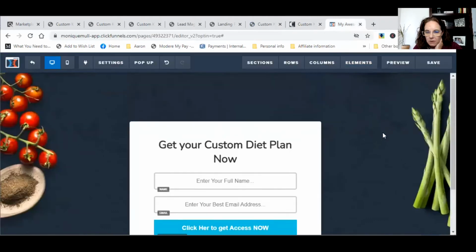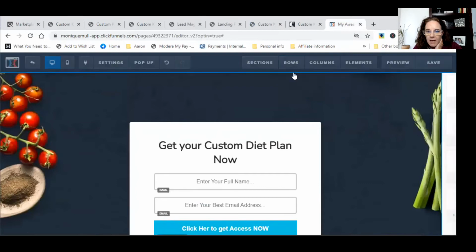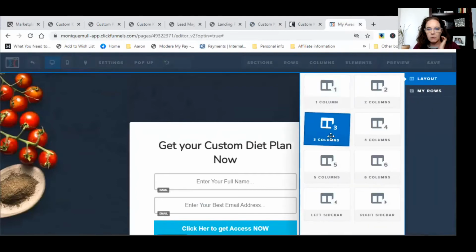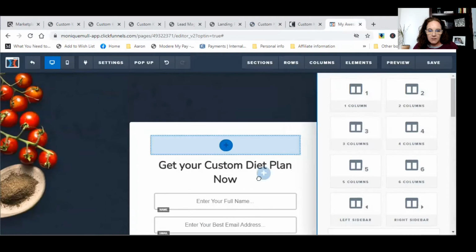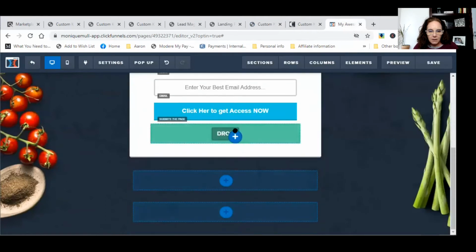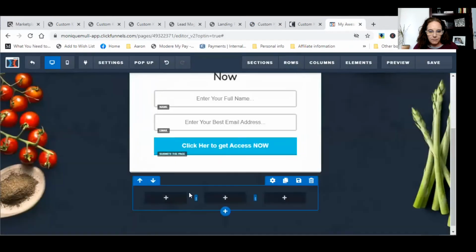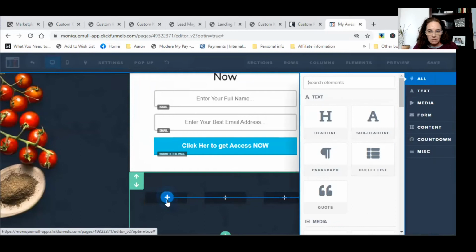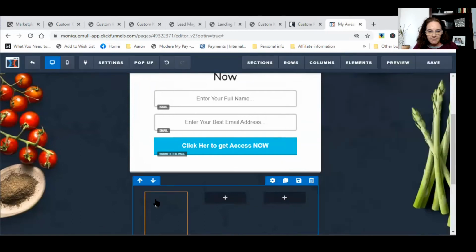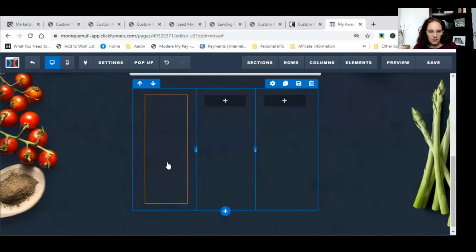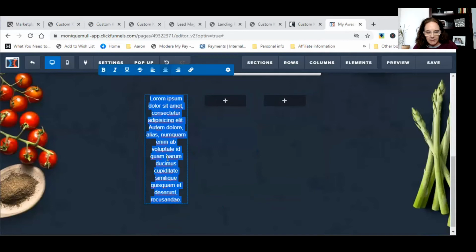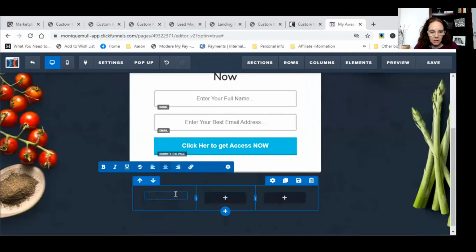So what you're going to want to do is you're going to want to create a new element. So you're going to want to add a row, and you're going to want to add a row with 3 columns. You're going to take that and you're going to drop that down to here. Okay. Now you want to create a new element, and you want that to be paragraph. And this is going to come up black. So you're going to hit Control A, and you're going to do backspace. And then you want to go in,